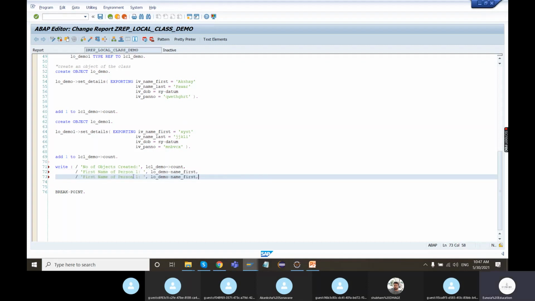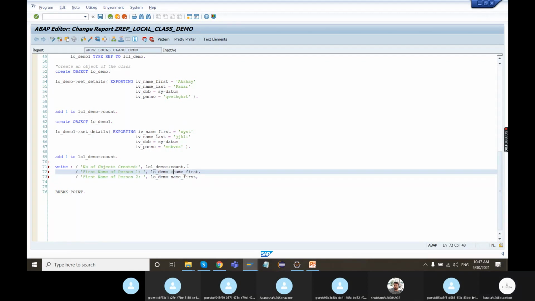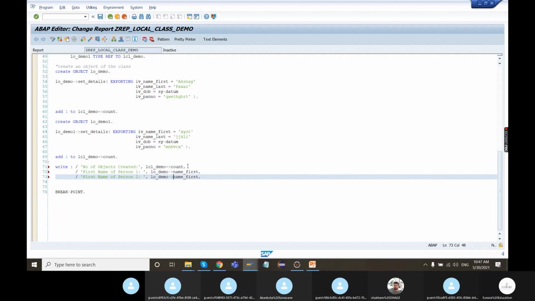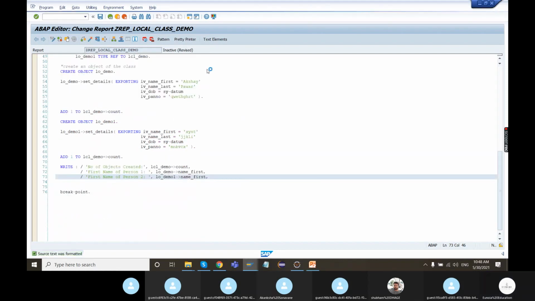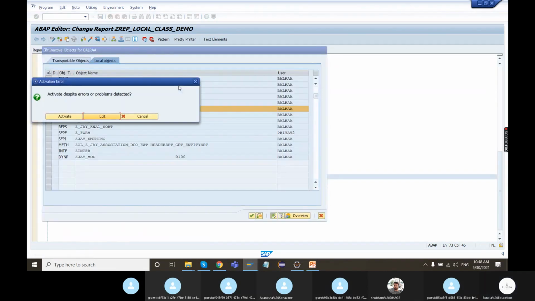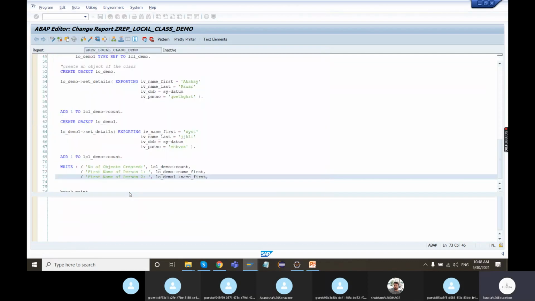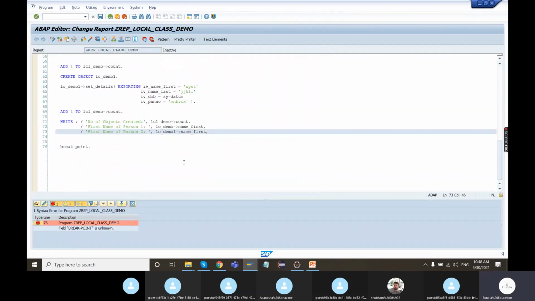First name of person 2. Just pretty print it. Save it. Activate it. Yeah, there are some errors. The breakpoint is unknown.